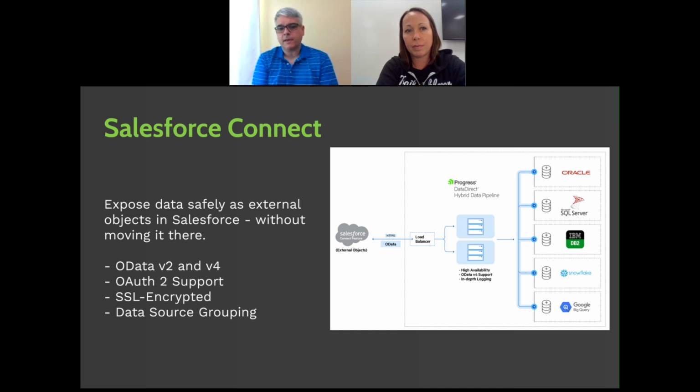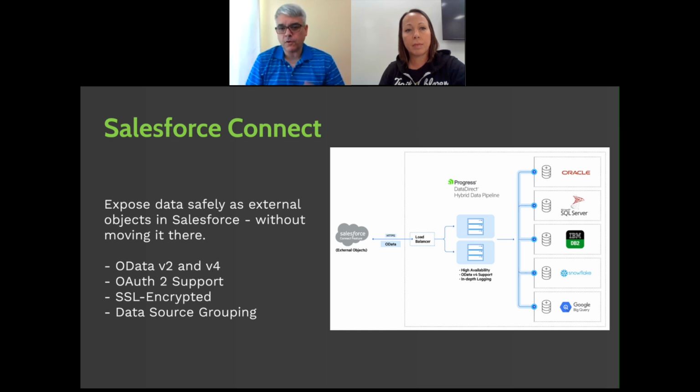The hybrid data pipeline can then take this OData and turn it into a SQL query to the backend source, whether it be Oracle, SQL Server, Snowflake, any number of sources that are supported by the hybrid data pipeline, and then return those results in an OData stream, which then is processed and exposed by Salesforce as an external table.